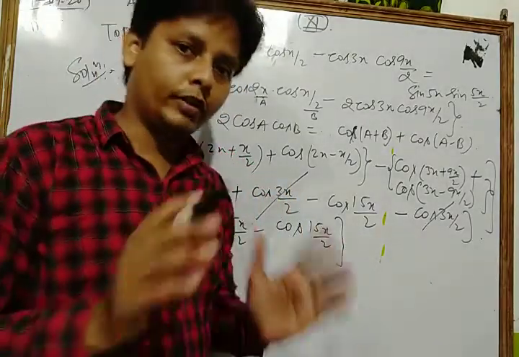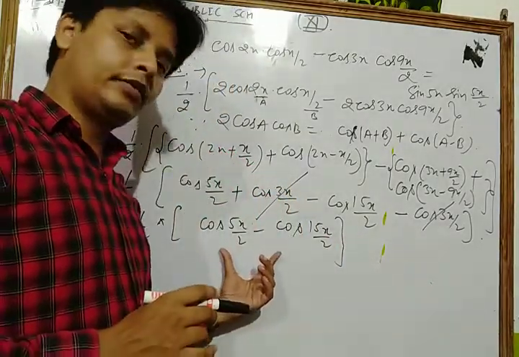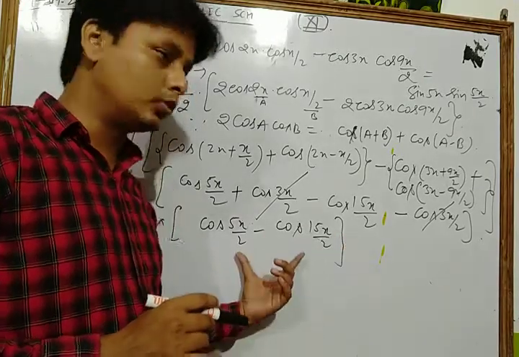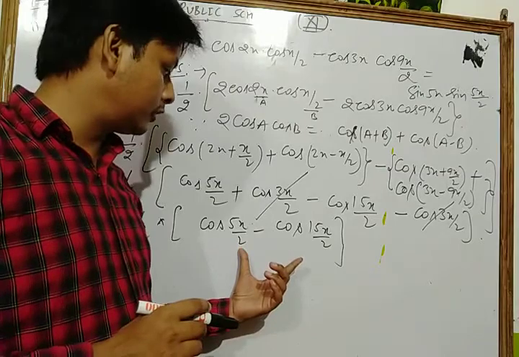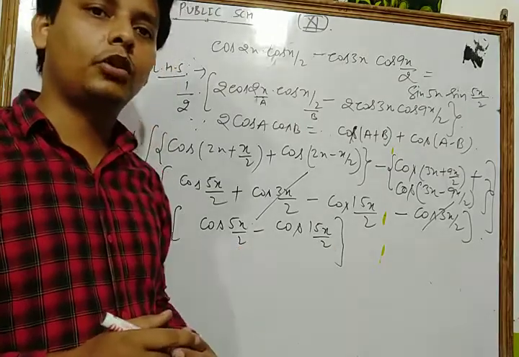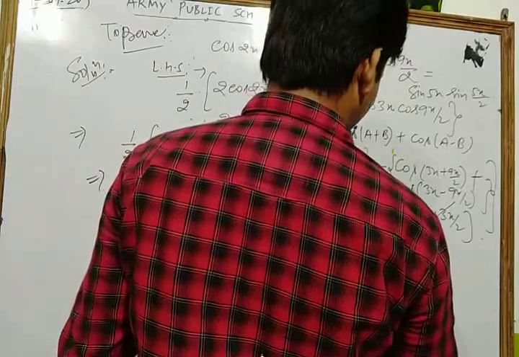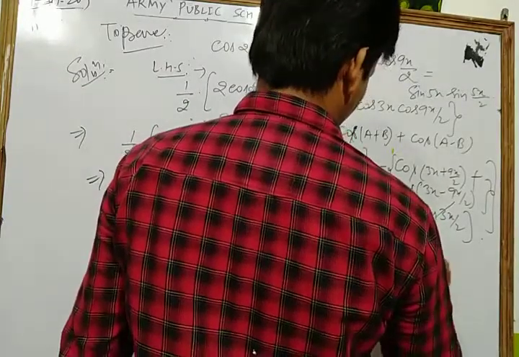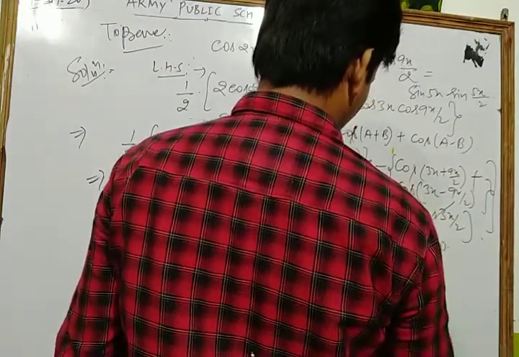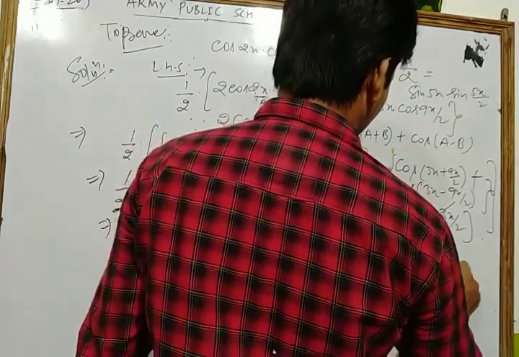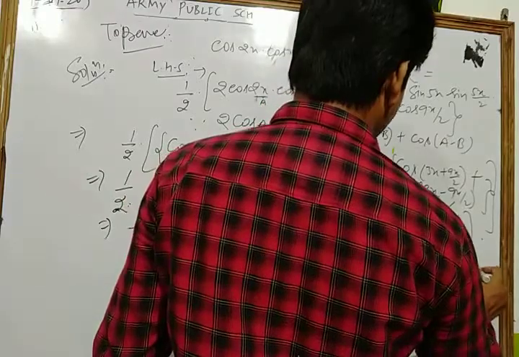Okay, now here we apply the formula cos C minus cos D. What is the formula of cos C minus cos D? Let's see. Since we know that cos C minus cos D is equal to minus 2 sin (C plus D by 2) into sin